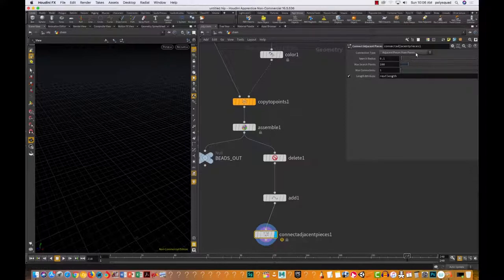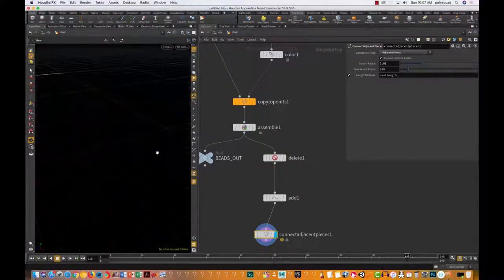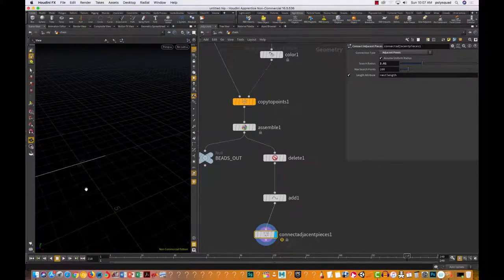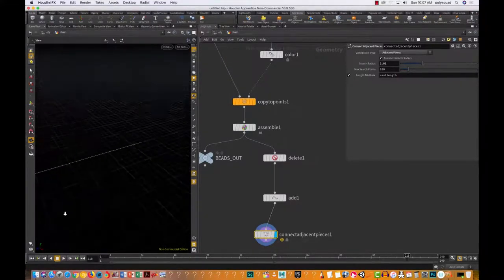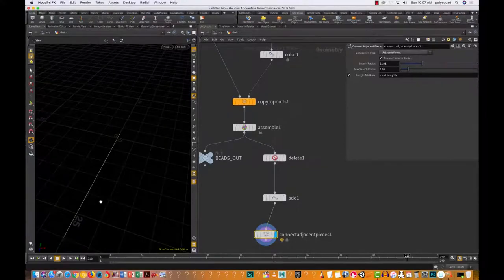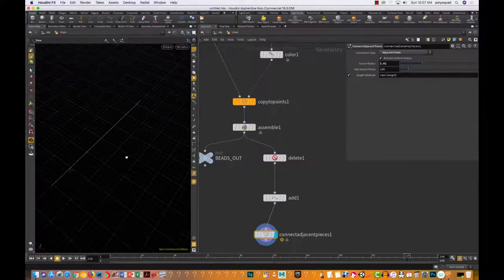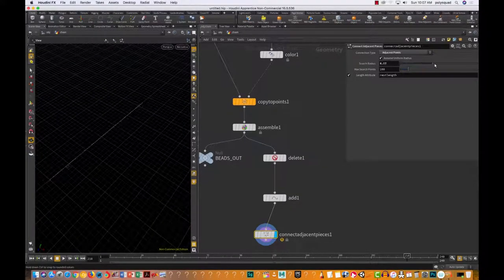We're going to say adjacent points. Increase your search radius, and then all of a sudden you're going to see that a line forms, and these are going to be your constraints. So if you just increase your search radius, have your adjacent points,